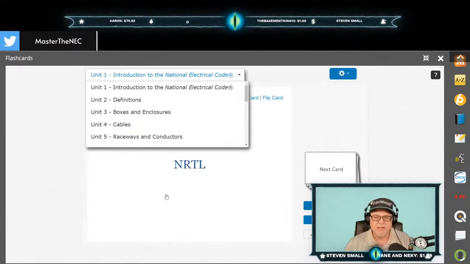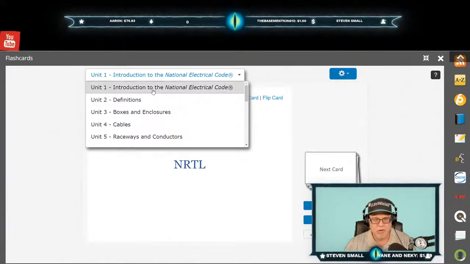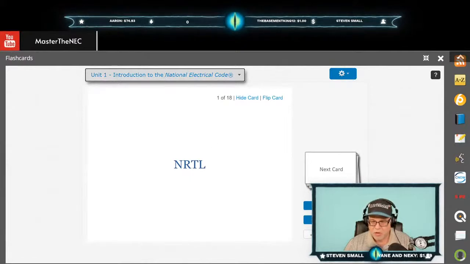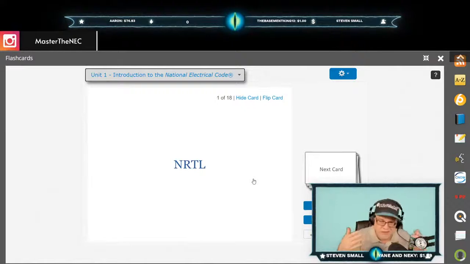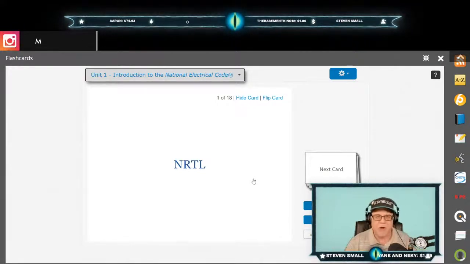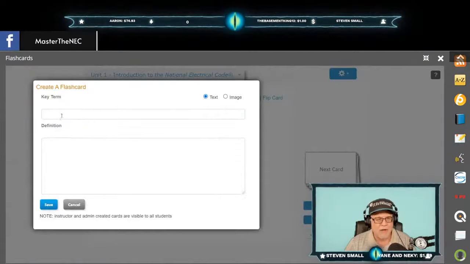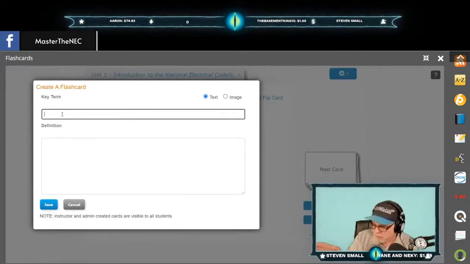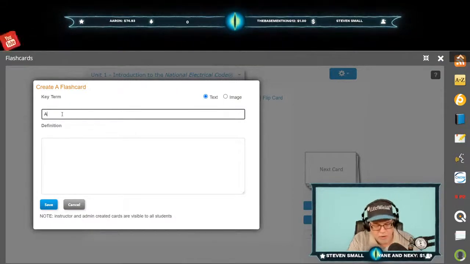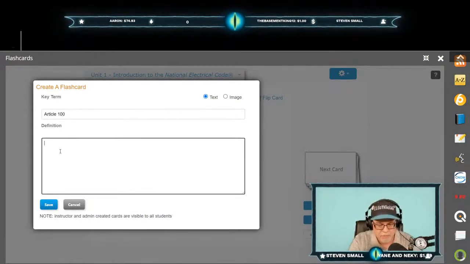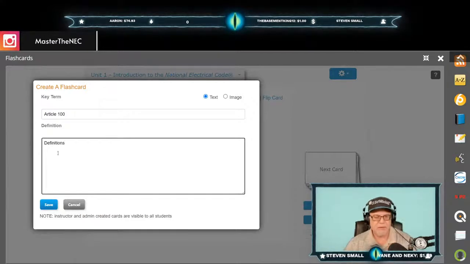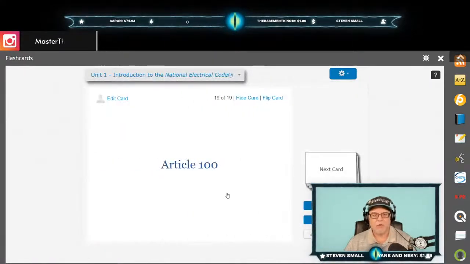Okay? So one of the things that I do tell people to do is to go into Unit 1 and then go down here to create cards. Now, I like to create all mine in Unit 1 because Unit 1 is just the introduction to NEC. So that's a good place to keep all of them. So I'll do a create a card, and I want you to get familiar. You've heard me talk about this for years about creating flashcards. There's no need to do that anymore. Again, we're in a modern age here. So you create Article 100, and then down here, you can do definitions. Okay? And you save it. And so Article 100,